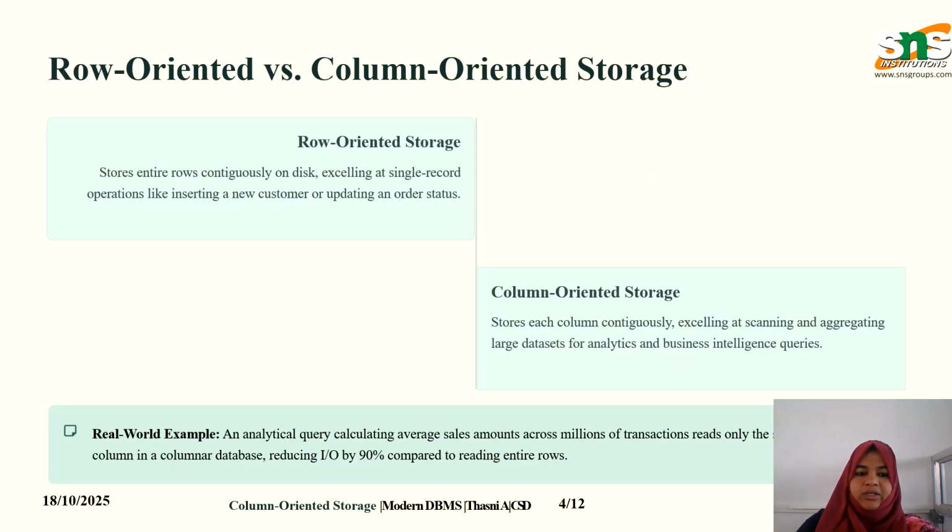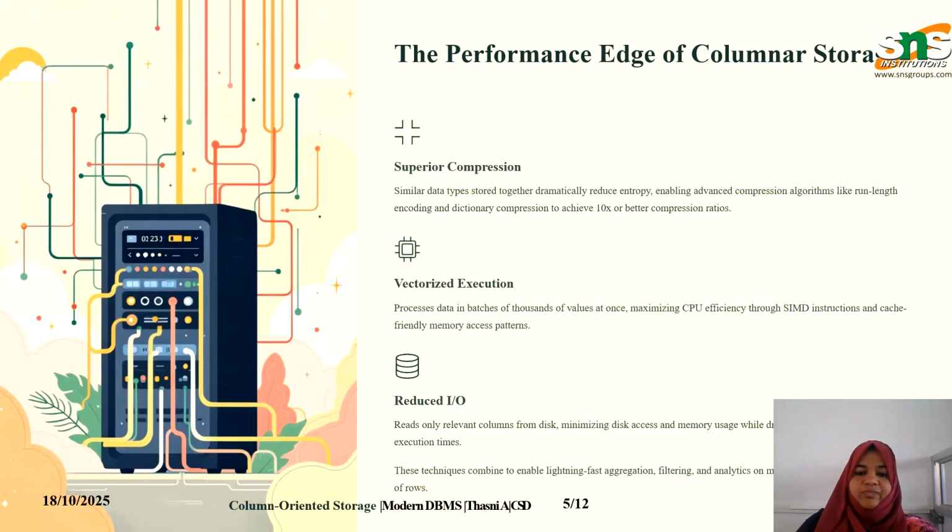Here we can compare row oriented and column oriented. In row oriented, we store the entire row contiguously on disk, excelling at single record operations like inserting a new customer or updating an order status. Whereas in column oriented, we store each column contiguously, excelling at scanning and aggregating large datasets for analytics and business intelligence queries. So the performance benefits of columnar storage are superior compression, vectorized execution, and